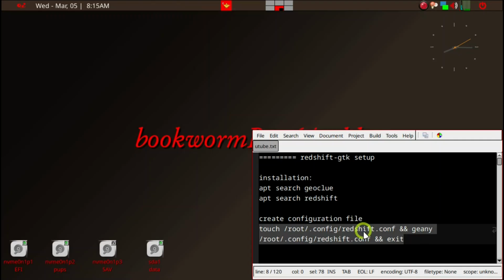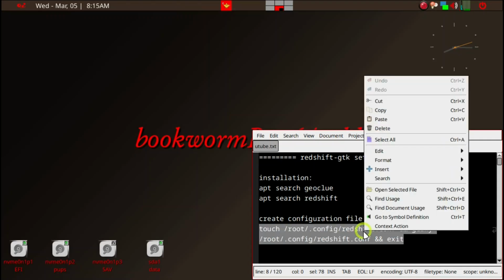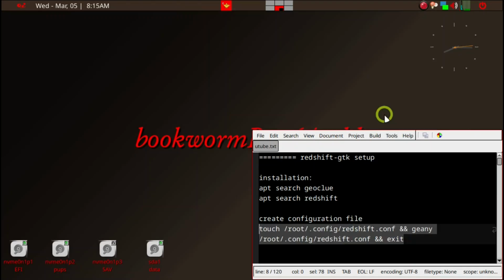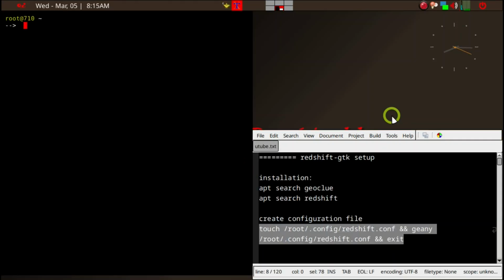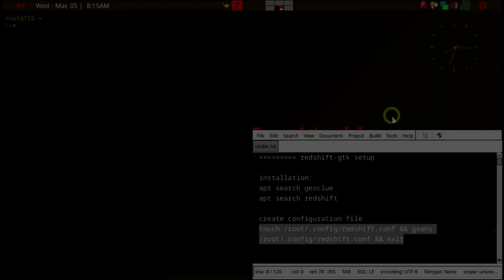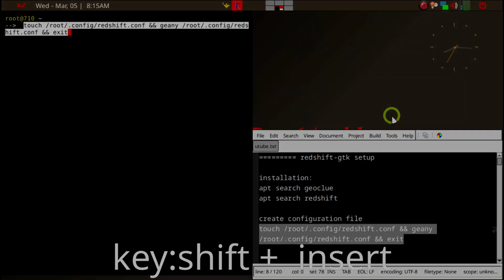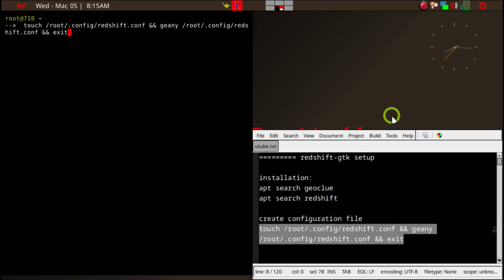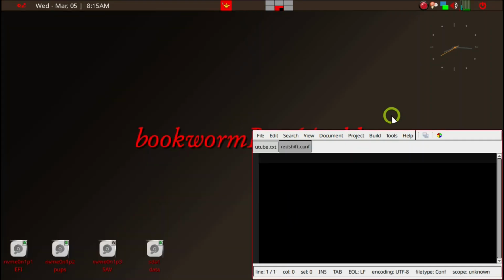So we'll go ahead and grab that command, copy, and then we'll go ahead and start the terminal. We'll put it over here, shift insert, and then we'll go ahead and enter. So now we have the redshift